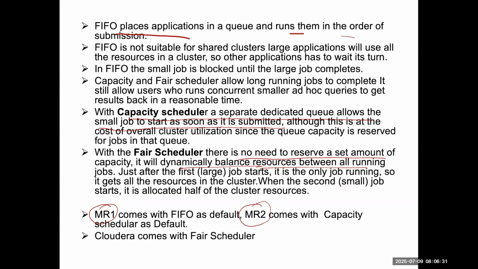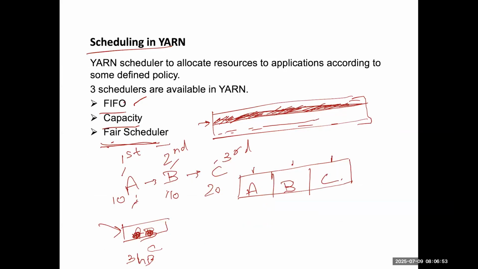we don't need now. And the Cloudera, I told you about Cloudera, right? Cloudera, Hortonworks, Databricks, these are the companies which provide Hadoop support or Hadoop as a service. So if you are using the Cloudera service, then YARN will come automatically with the fair scheduler. There are three types of scheduler: FIFO, capacity, and fair scheduler. And in YARN you can configure what you want to use: FIFO, capacity, or the fair scheduler. Whatever you want, you can configure in the YARN configuration file.